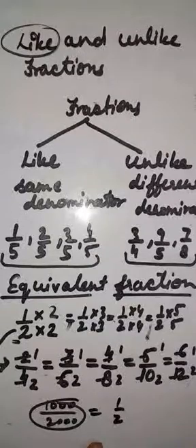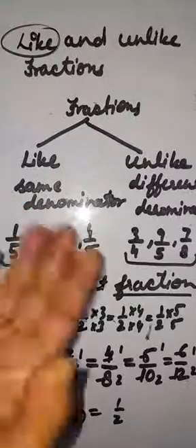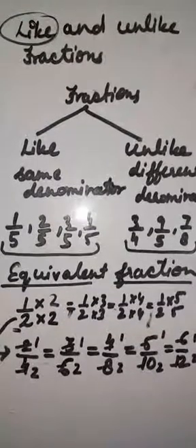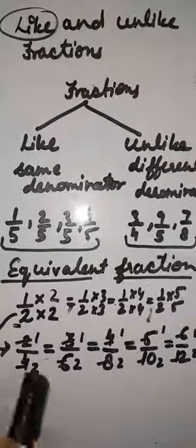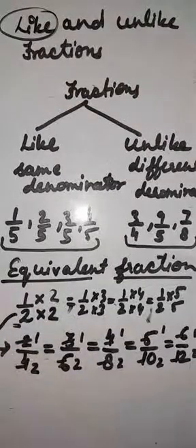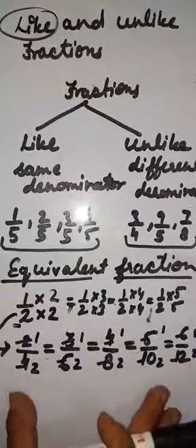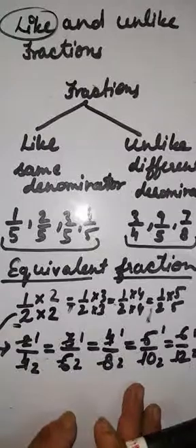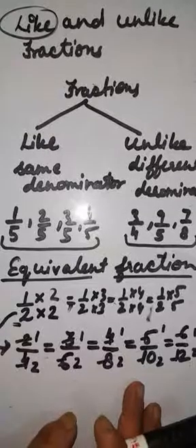Okay children, maths is a subject where you can check your answer at the same time as you solve the question. There are many methods of solving questions. So how will we find the equivalent fractions? We multiply the fraction with the counting numbers. So these are the counting numbers 1, 2, 3, 4, 5, and you can check your answer by reducing them. All right? Did you understand?